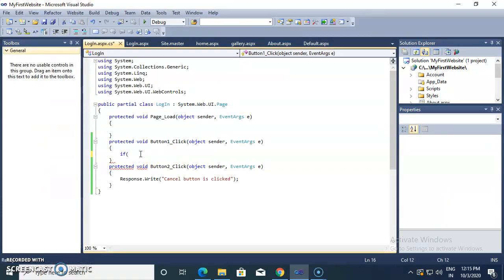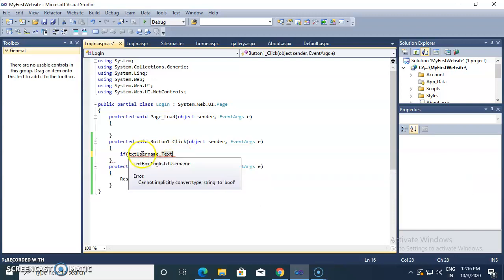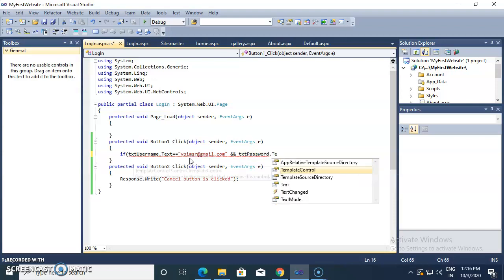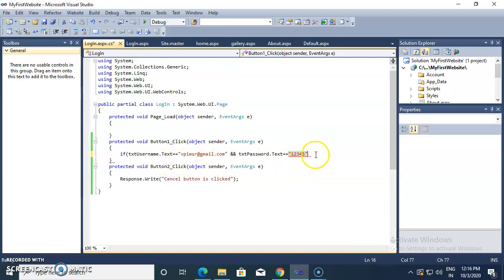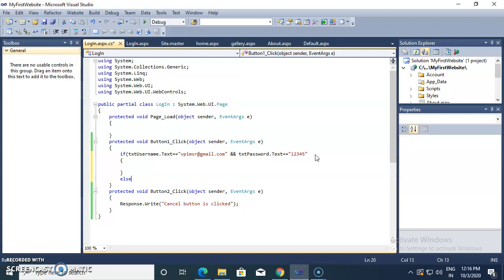Now if txtUsername.Text, I am using the Text property, meaning whatever the user enters inside this text box, if that text is exactly equal to, I am comparing some constant values here, vpimsr@gmail.com, and if txtPassword.Text, I am comparing the password field here, is exactly equal to 12345, then if these credentials are correctly given by the user, I want to move towards the home page. Otherwise I want to display the error message.